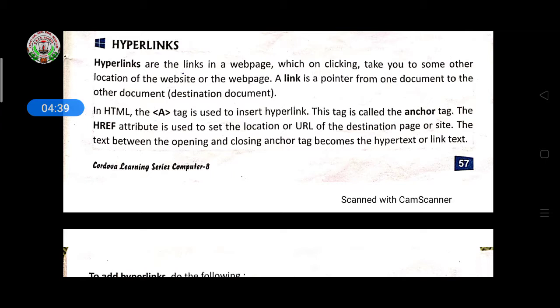Okay, so here it is given, the anchor tag. One attribute is href. In that href you have to write the location of that particular page. Whichever page you want to link with this page, you have to mention the full address of that particular page with the help of this href. So the anchor tag we are using for hyperlinks. Under the anchor tag, one attribute is given here, href. In href you have to mention the location of that particular page.